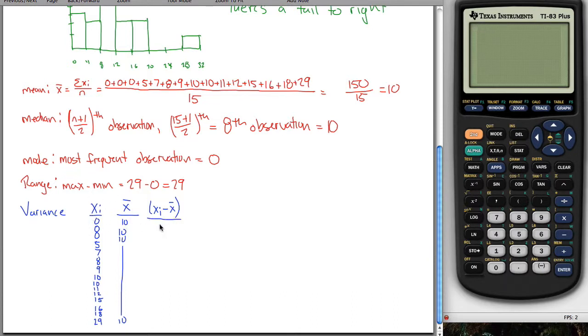0 minus 10 is negative 10. 5 minus 10 is negative 5. 7 minus 10, negative 3. 8 minus 10, 9 minus 10, 10 minus 10. 11 minus 10 is 1. 12 minus 10 is 2. 15, 16, 18, and then finally 29 minus 10 is 19. Sorry, that got kind of small at the bottom. Your last column